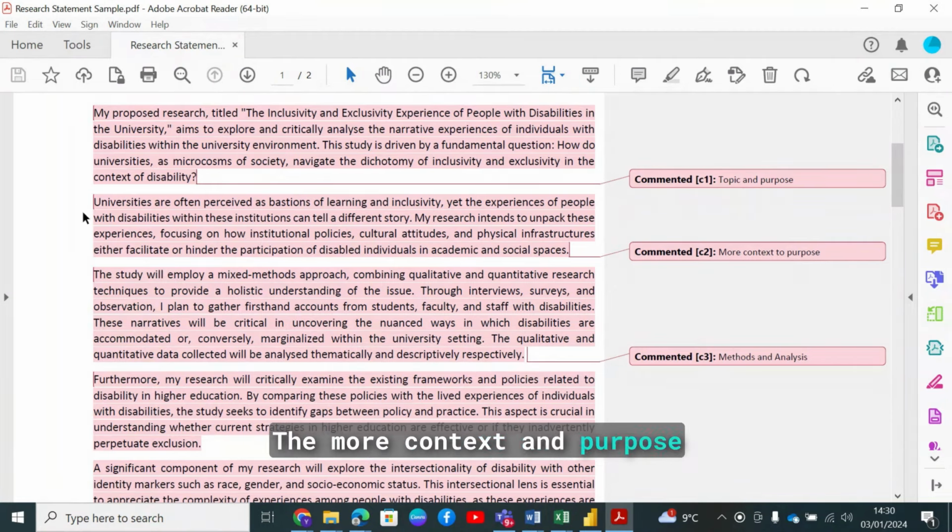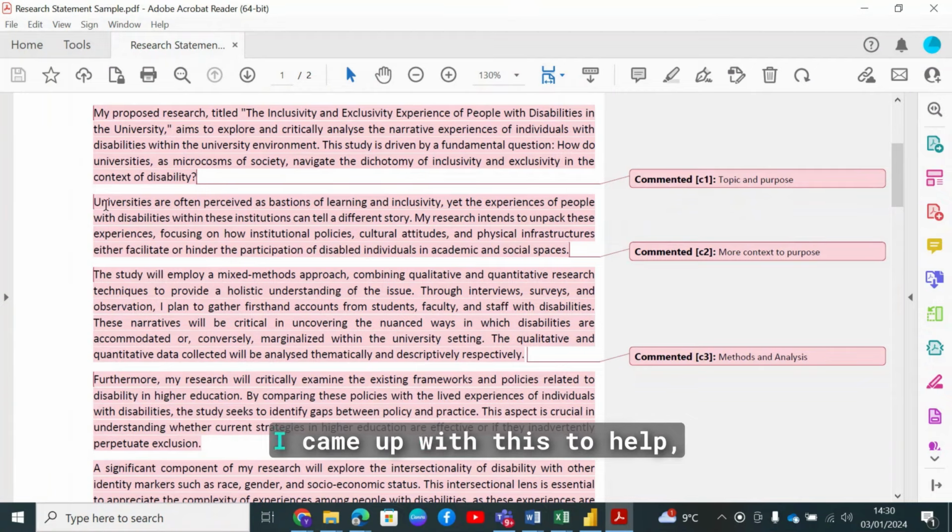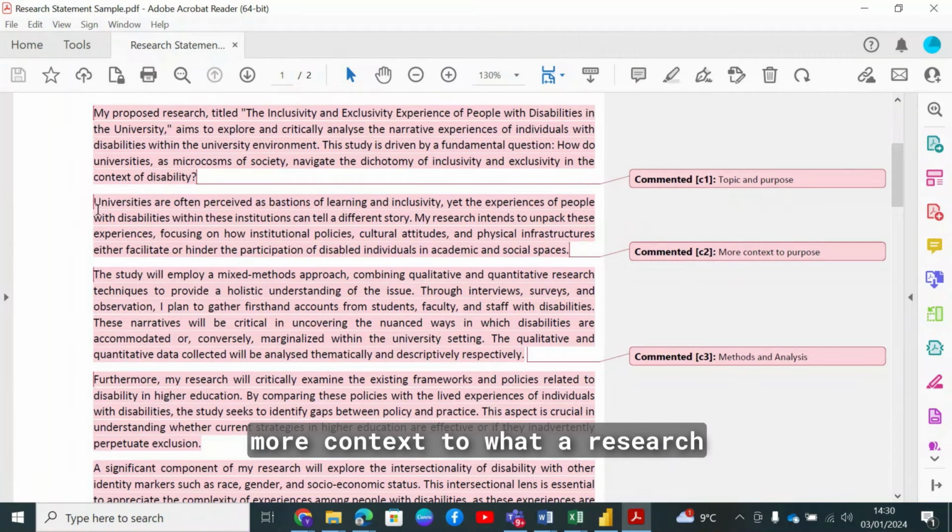The more context and purpose. I came up with this. This is not my research. I came up with this to help people and to provide more context to what a research statement is. Universities are often perceived as bastions of learning and inclusivity.